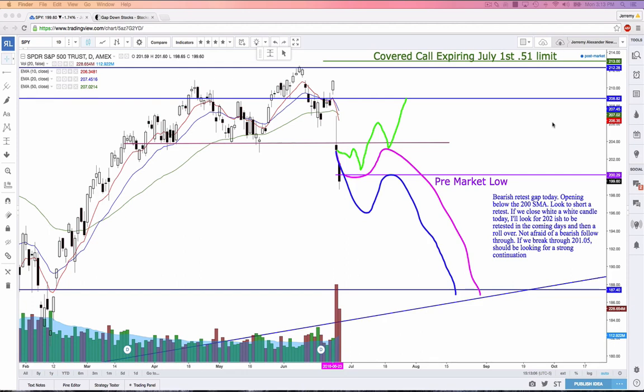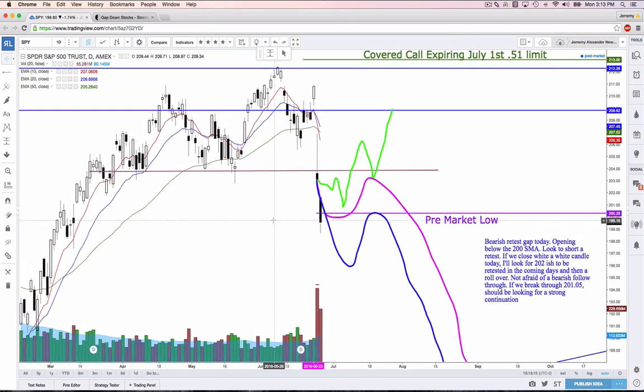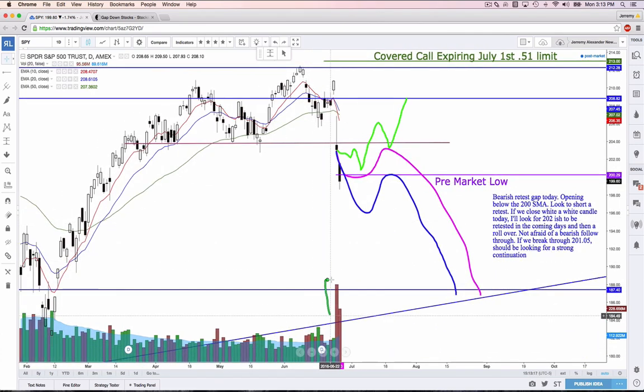SPY down another 2%, closed down 1.74%. Really big move. So these three drawings, get used to them. That's kind of my idea, my thought processes, if you will, on the market. Really good bearish volume today, and as mentioned on Friday,